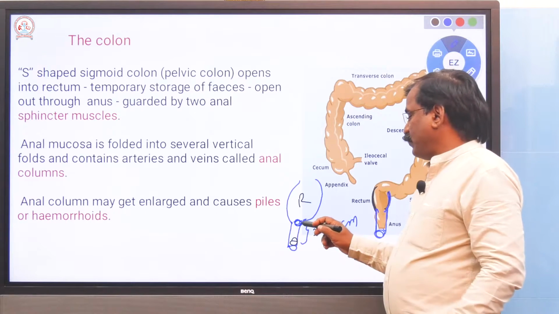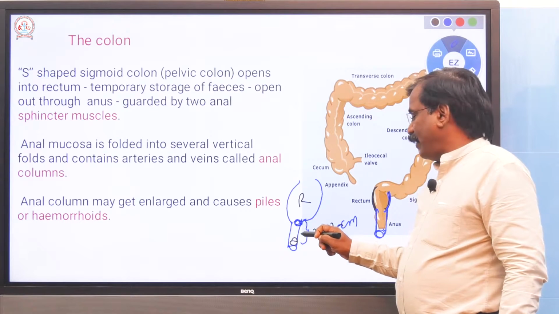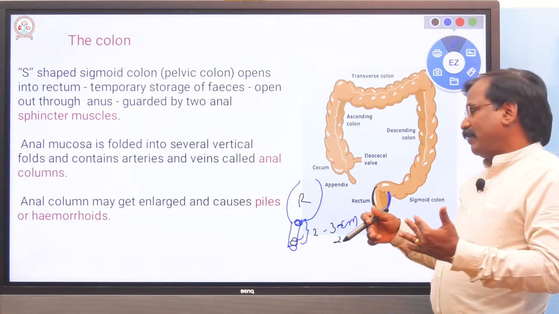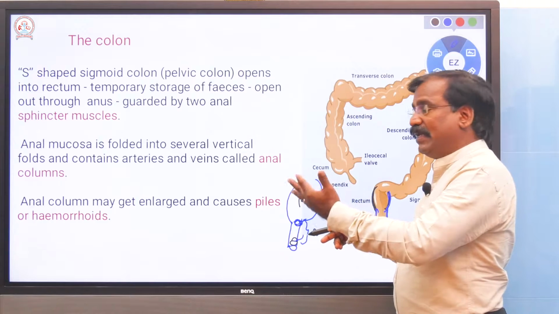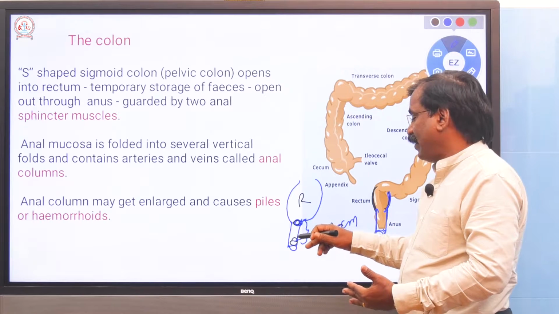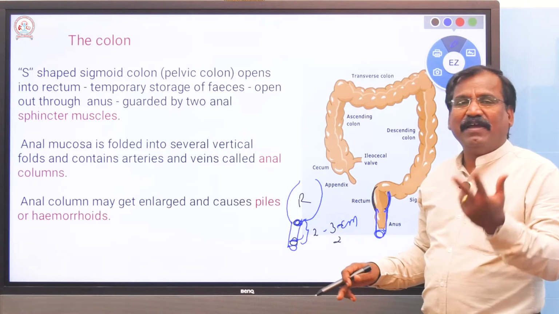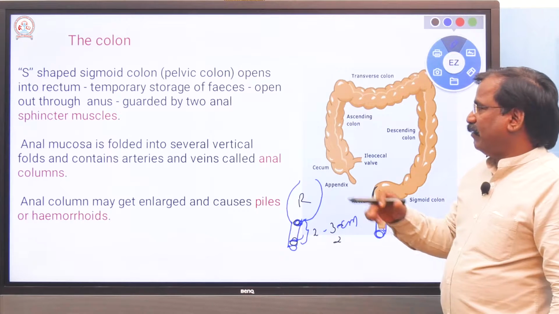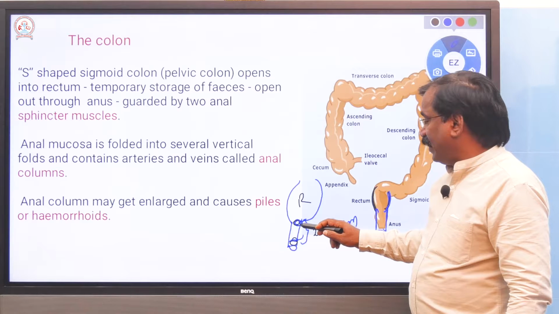This is the internal sphincter and this is the external sphincter, internal inside and external outside. There are 2 sphincter muscles. Listen, very important. Here in the anal canal,